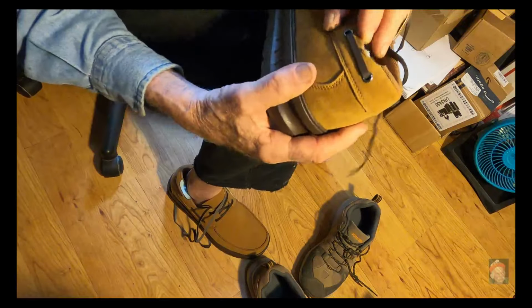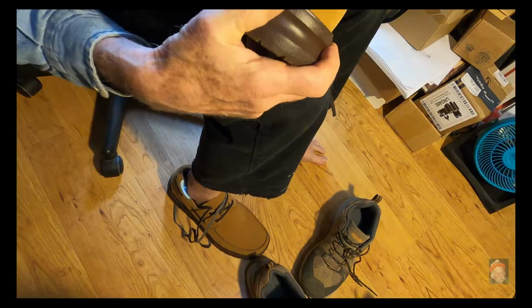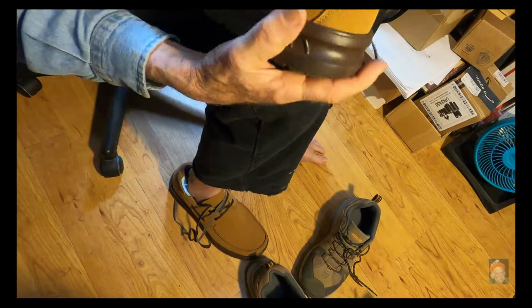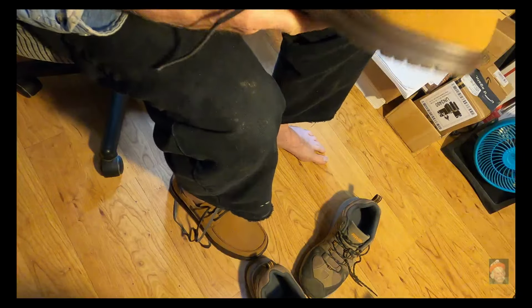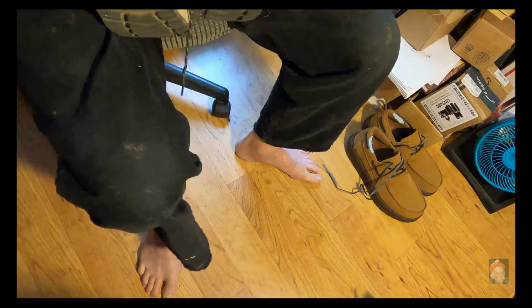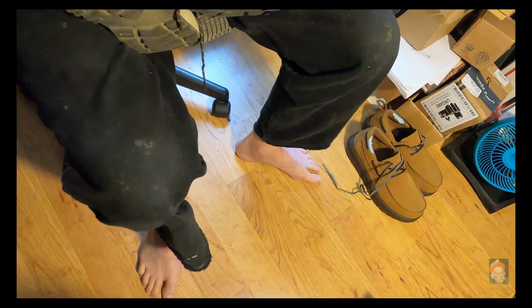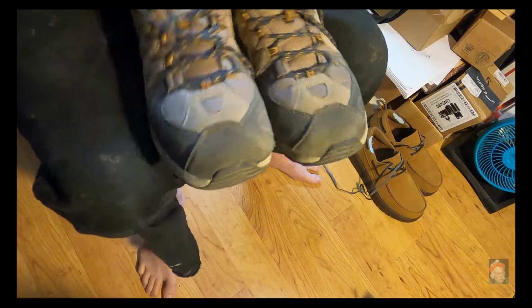Just that little bit. You have to wonder if the people that design shoes wear them to test them. I don't think my feet are that different from everybody else's feet. If that hurts my ankle, it's got to hurt everybody else's. But problem solved. And at my age, given the numbers of shoes I have now, I might not need any more shoes. But the next time I do need shoes, because these are so comfortable inside,